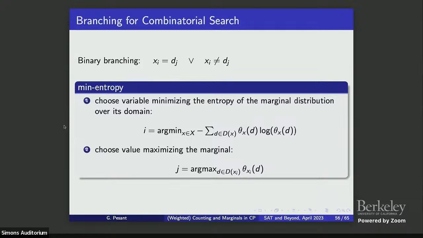So picking your variable: choose a variable minimizing the entropy of the marginal distribution over its domain, because it makes sense. The lower the entropy, the more certain you are. You should be certain of what's going on. Less uncertainty, less disorder. So that's picking the variable, and then for that variable, you choose the value maximizing the marginal, with the highest belief. That was talked about before. Well, for value selection heuristics, it's true that there's way less wisdom so far. That brings an option to distinguish between values and deciding what to branch on next.